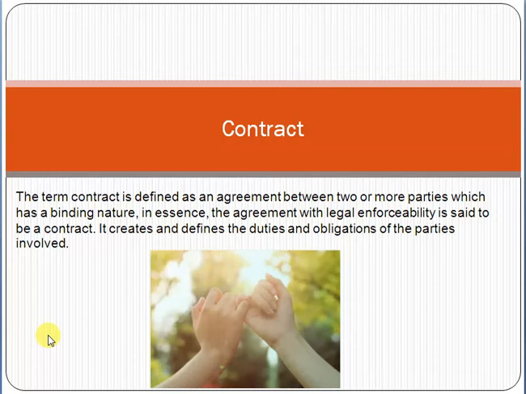A contract is basically an agreement between two parties based on some terms and conditions. After signing, it becomes a legal document between two parties, and both parties are responsible to follow the terms and conditions defined in the agreement or contract. Legally, it is enforceable to force both parties to follow the terms and conditions